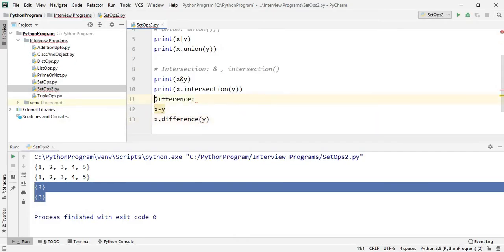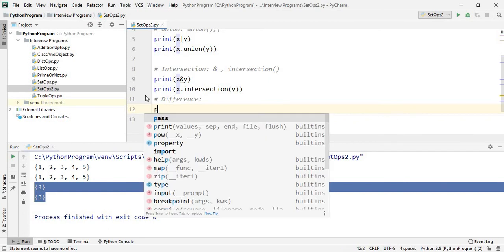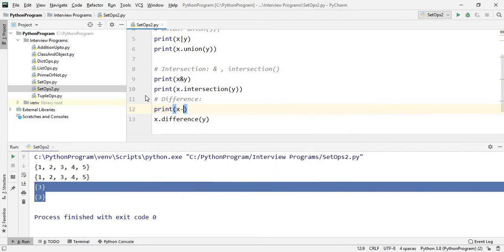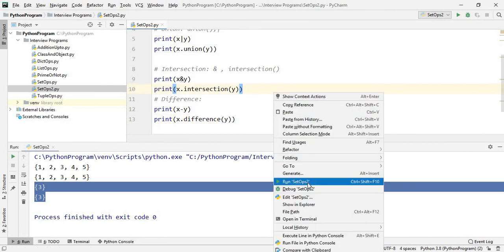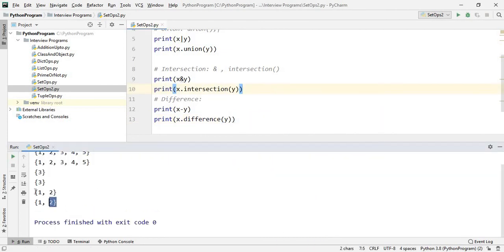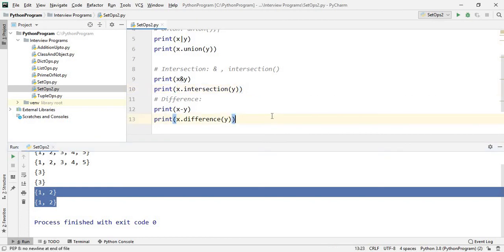So for difference, print x minus y, and print x dot difference y, since difference is a function. Let's see what happens. See, 1 and 2.